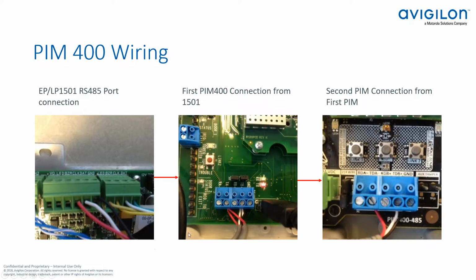Okay, so wiring. Here's an example, in this case, of an EP1501. It's going to be hardwired down to the first PIM 400 module. And in this example, we're showing wiring a second PIM module as well. So you can see over here on the